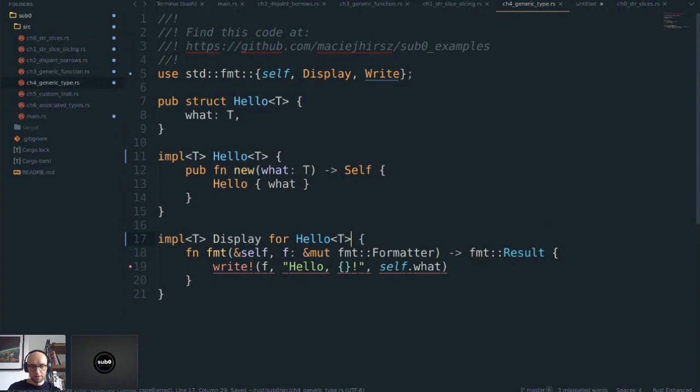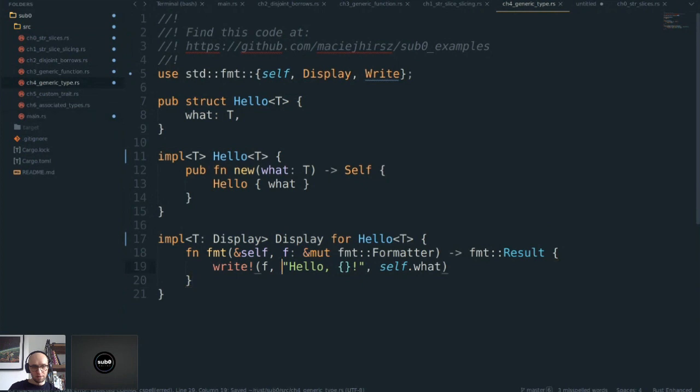Here again it will complain about the same thing as before, that I need a trait bound on Display, so I put it over here. So I'm implementing Display for Hello of T, for any T that implements Display itself, right?